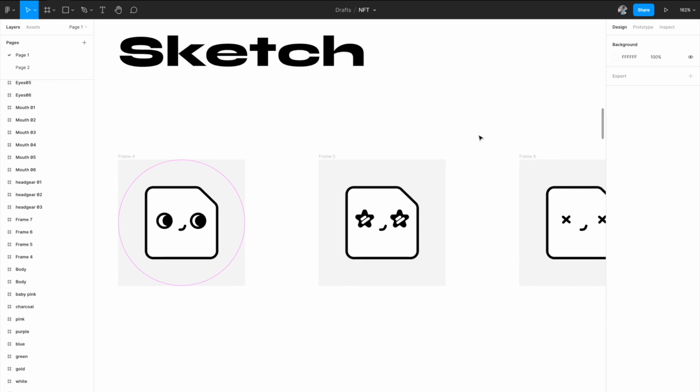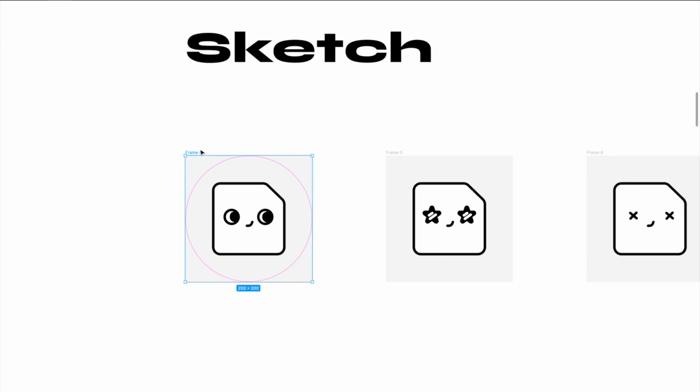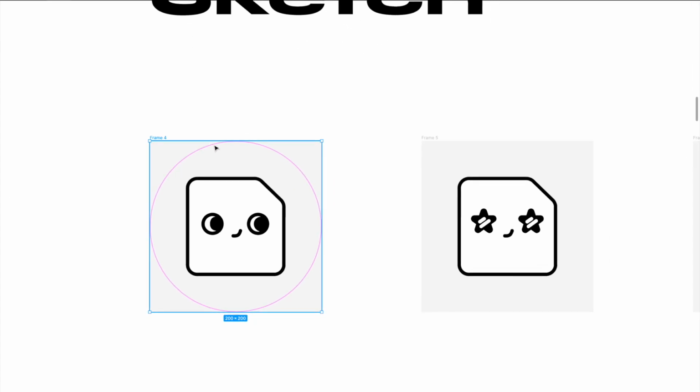That's one thing. And the other thing is, in case you want to upscale those graphics, you can do that anyway because it's a scalable vector. So that out of the way,